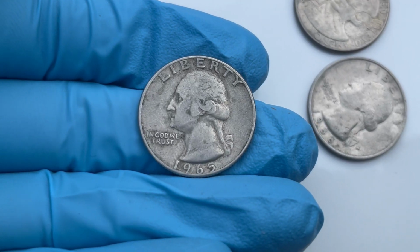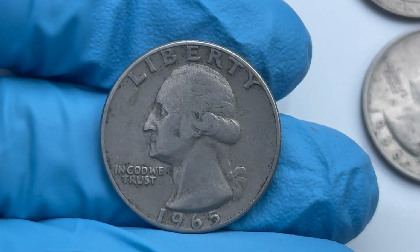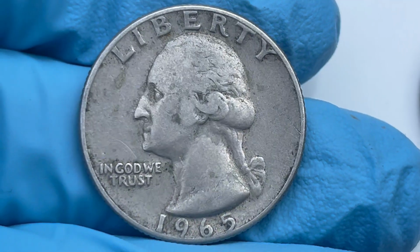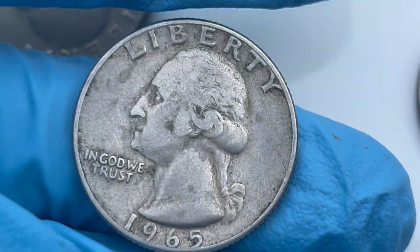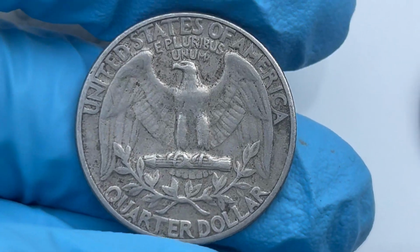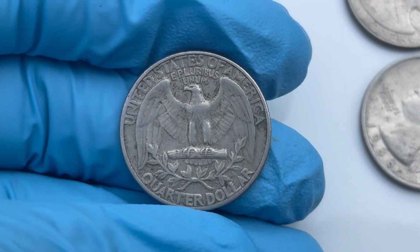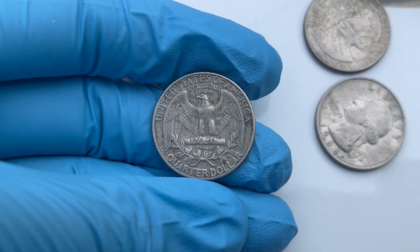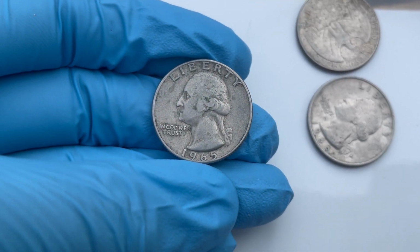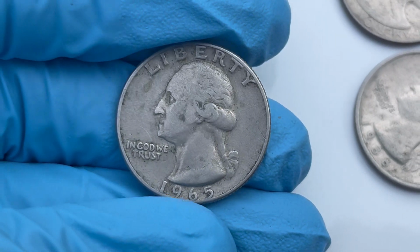Yep, you heard that right. That crusty old quarter you just used at the vending machine could be worth more than a brand new Lamborghini Aventador. Feel that chill down your spine? Good, keep watching. Buried in ordinary pocket change, one rare 1965 no-mint-mark Washington quarter recently sold for a jaw-dropping $1.50 million at auction. But here's the kicker, most people have no idea how to spot one. You might want to start. Because by the end of this video, you'll know exactly what to look for and it might just change your